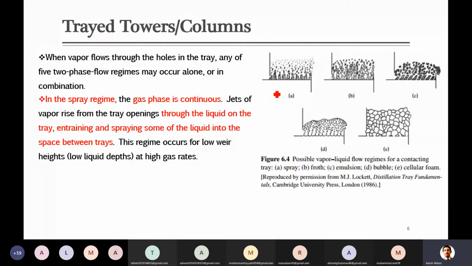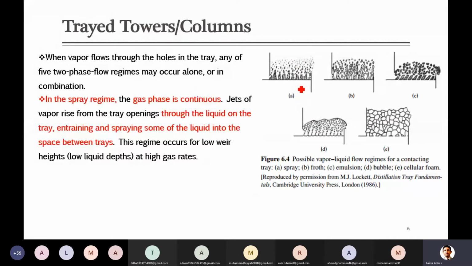So in that case, this can happen. Due to this reason, whenever you design these equipment, there are standards for the weir, for what the weir height should be. It depends on the overall diameter of the tray and how much liquid should be held. The purpose is to accommodate the liquid, to hold the liquid so that we can get better contact between the vapor and the liquid.